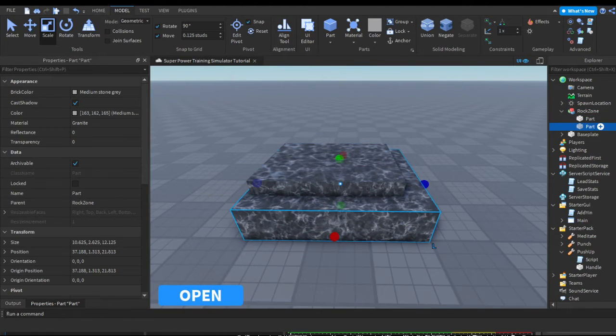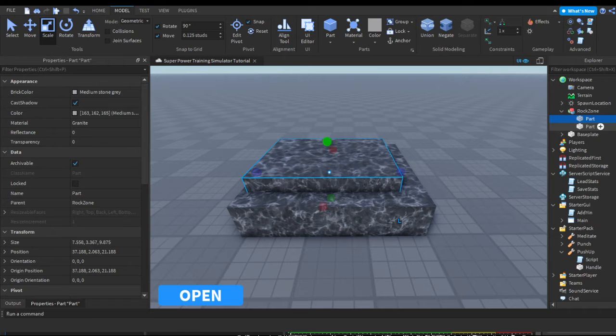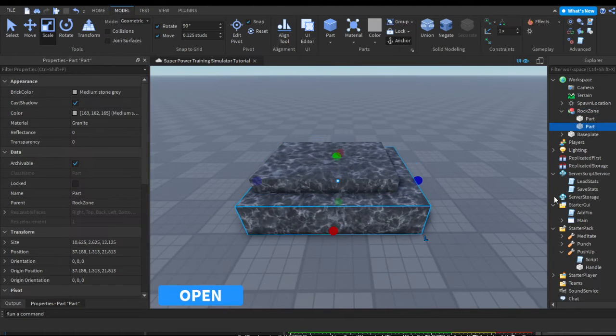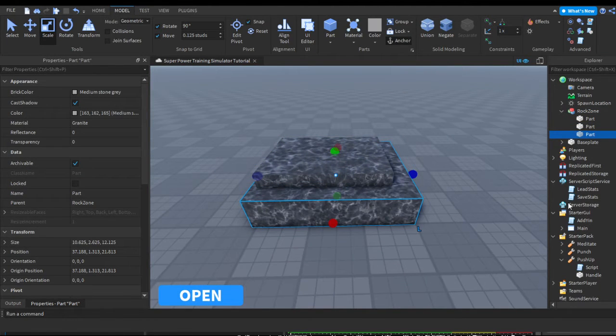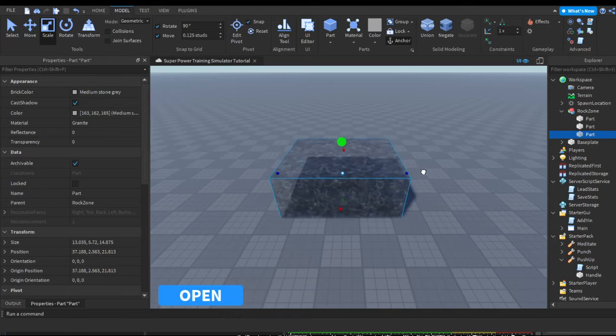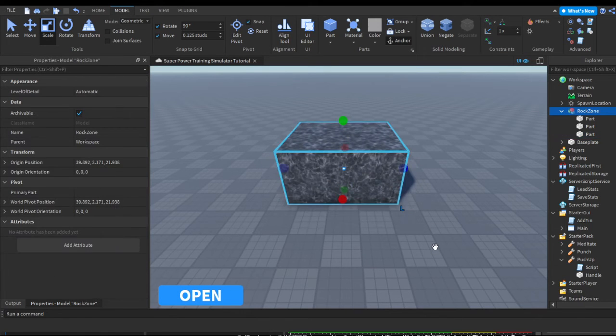So these are our parts. So let's real quick anchor our group. So all of our parts in here are anchored. Now what we're going to do, copy any one of the parts, and then scale it upwards. So we're going to make it a little bit larger than the zone itself, cover up the entire zone with the part,